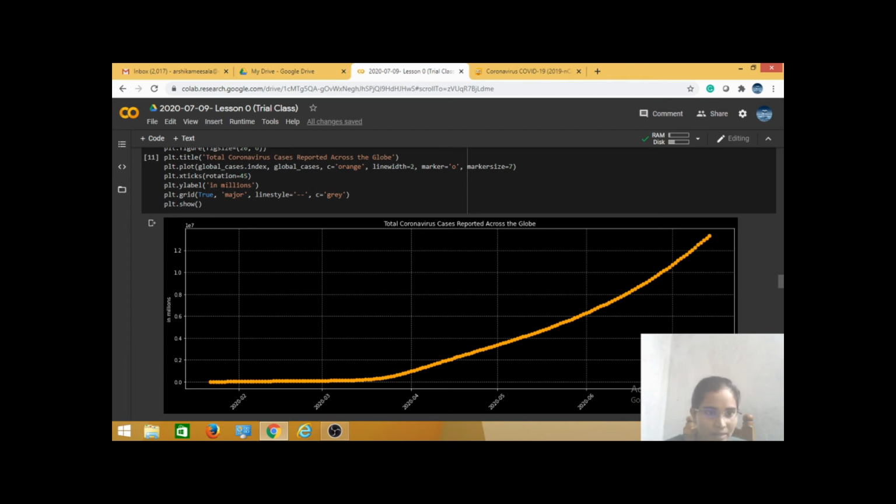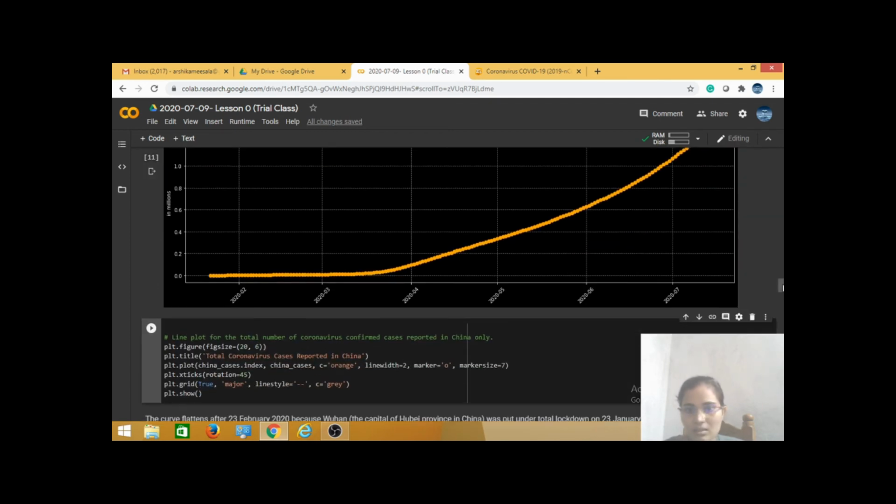And here I am using xticks rotation 45, which means my x labels are rotated 45 degrees. And next, what I set here, the y label as in millions, that's why I am getting the y label in millions. And whatever title I have given here, I am getting that title. If I change this title, this title also changes.